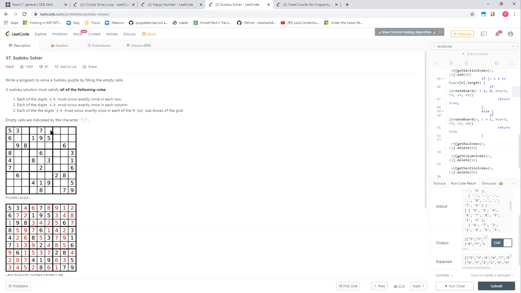So any ideas on how we would like to prune this tree? Because what will happen is if you don't have any inputs and we try to create, every cell will have 9 possible values, right? So essentially it would be an exponential tree.